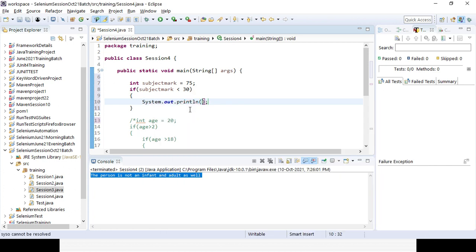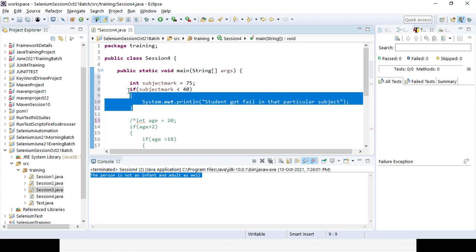So I will be giving the output as student got fail in that particular subject. Or maybe I can give it for 40, it is your assumption, okay. So it got failed.